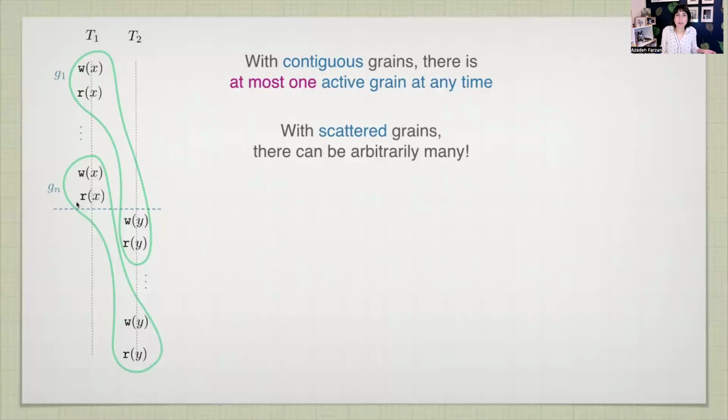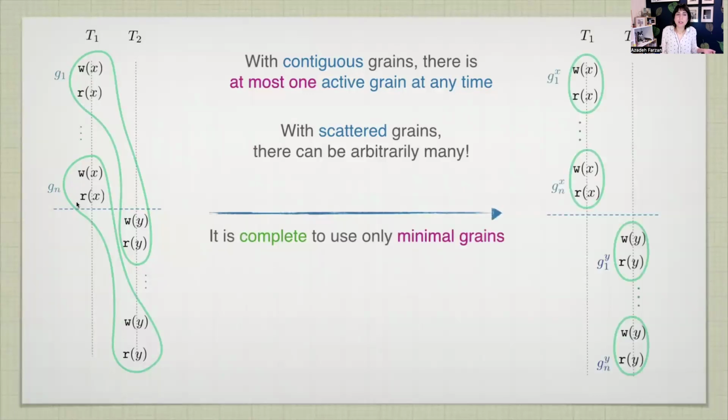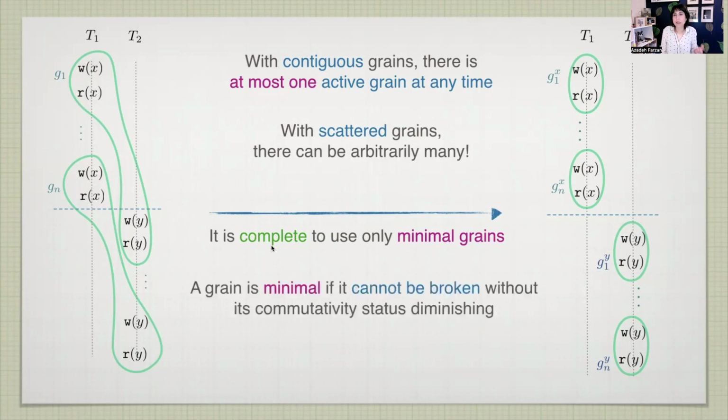And we can immediately make an observation that we really don't need to consider grains like this, that there is a way to make canonical choices about grains without giving up anything in the original definition in terms of declaring causal concurrency or causal orderedness. In this particular case, we call this a choice of minimal grains. So we say that it suffices, or it's complete, to only choose minimal grains rather than all possible choices of grains.